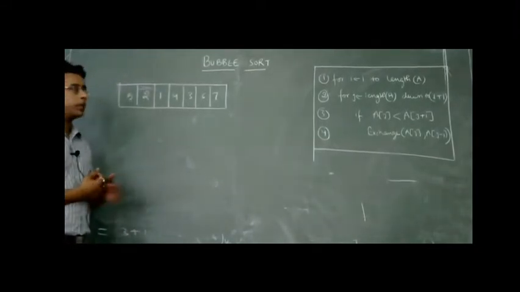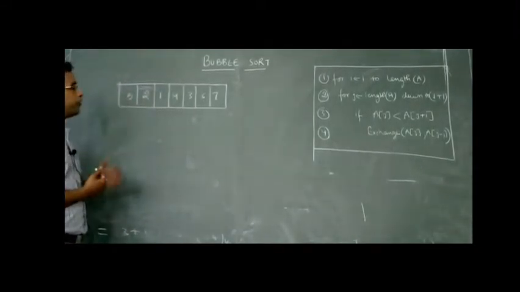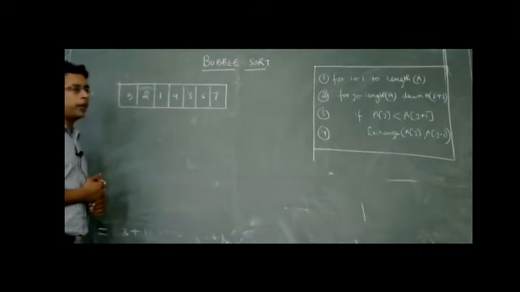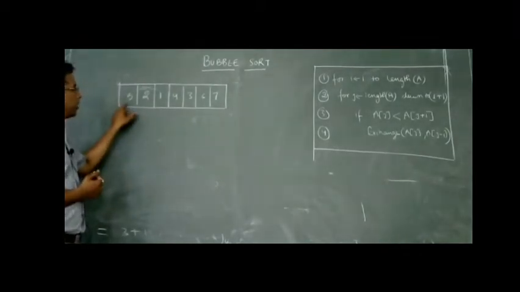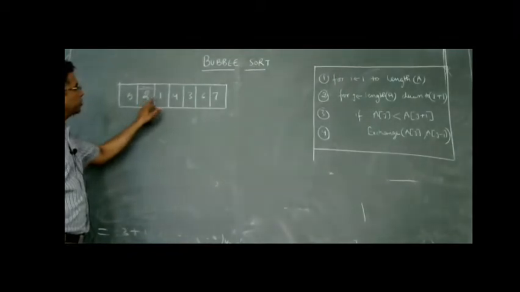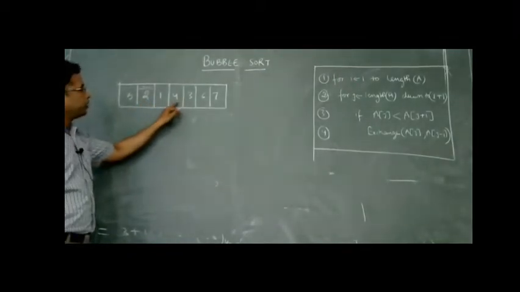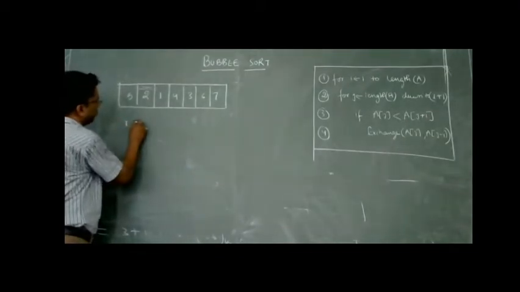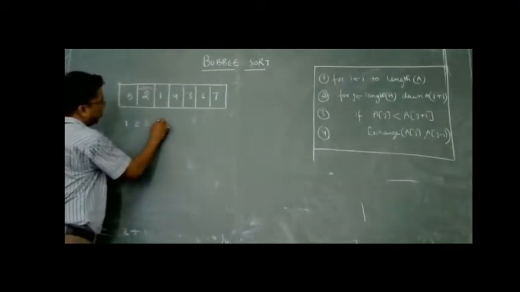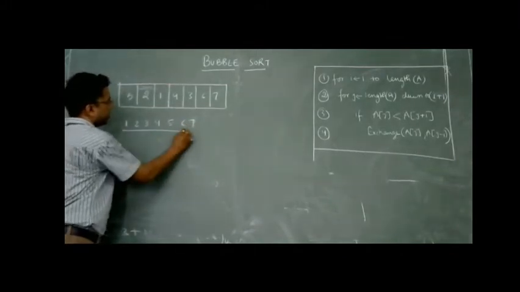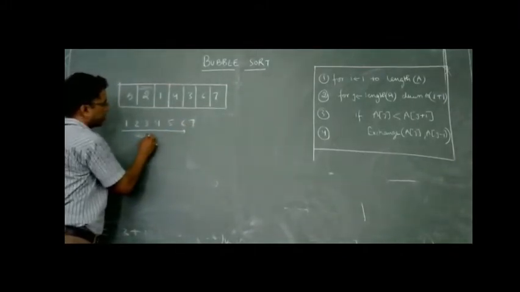But in the most common way, we arrange the data into ascending order. For example, here we have 7 data elements: 5, 2, 1, 4, 3, 6, 7. We have 7 data, but they are not in proper order. Here 5 is greater than 2 and 2 is greater than 1. And now if we arrange the data in the sequence like this: 1, 2, 3, 4, 5, 6, 7, here they are in ascending order.